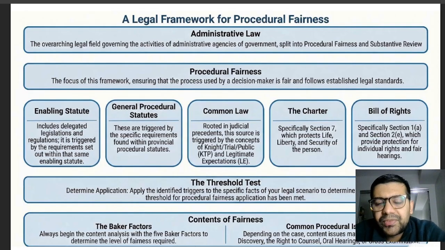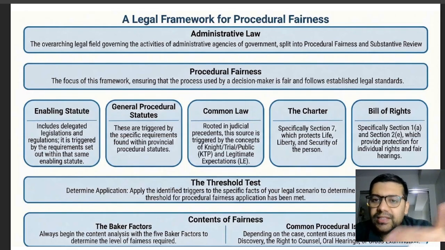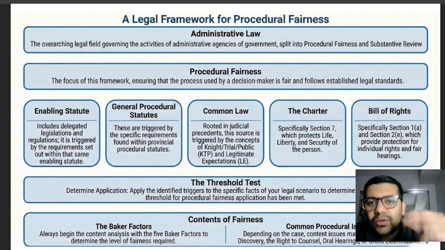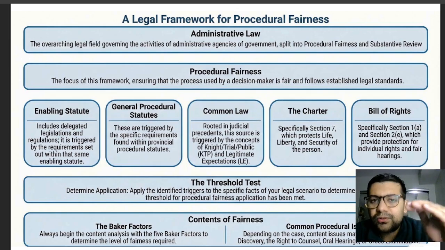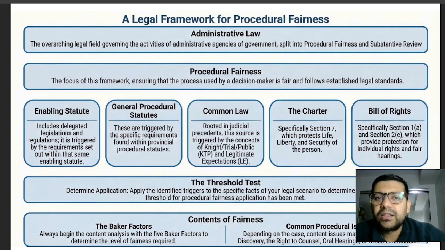So what they will do is, if the source of the procedural fairness is within the statute of an organization, they will mention within the question that section 43 of a particular statute says this. You will know right away that this is the enabling statute. That's what they're asking, and the source here is the enabling statute. So you can just write, because the department already has the enabling, the section 43 or 57, whatever section they are going to give you,